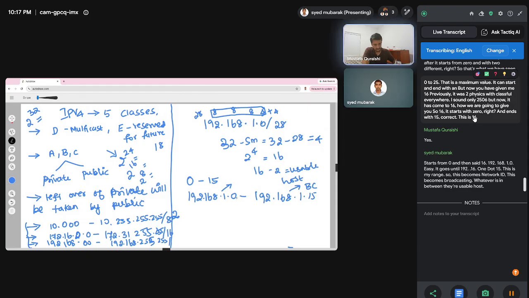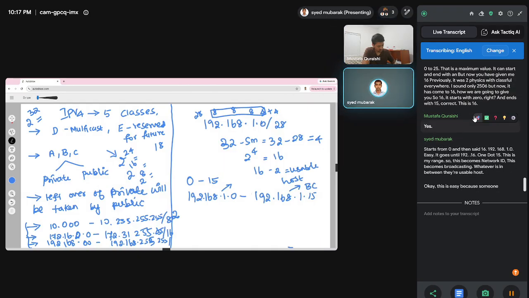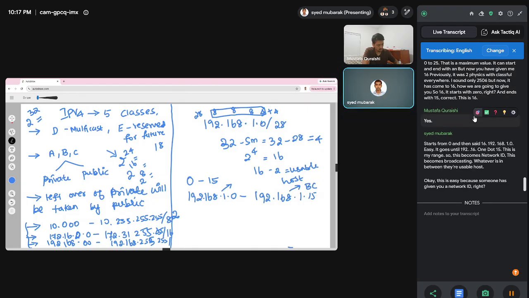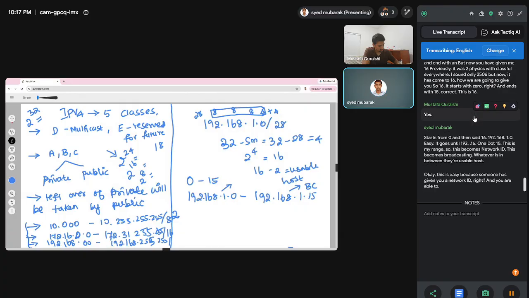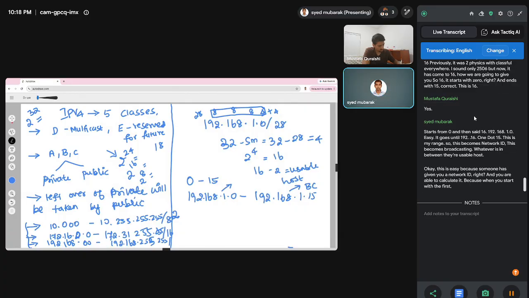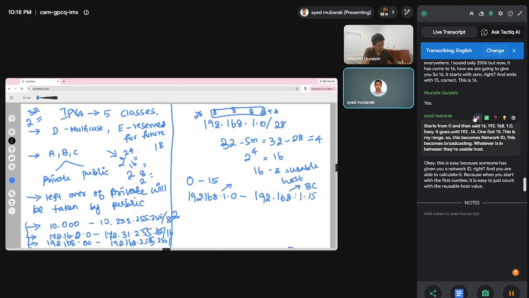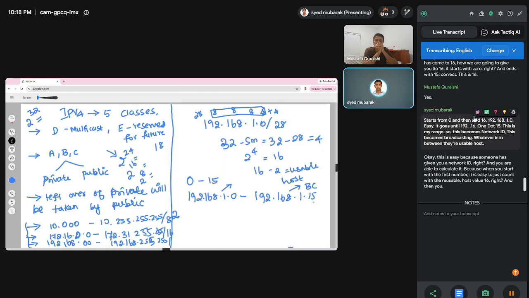Okay, this is easy because someone has given you a network ID, and you are able to calculate it. When you start with the first number, it is easy to just count with the host value 16 and then stop at 15. That is easy. But the problem is,